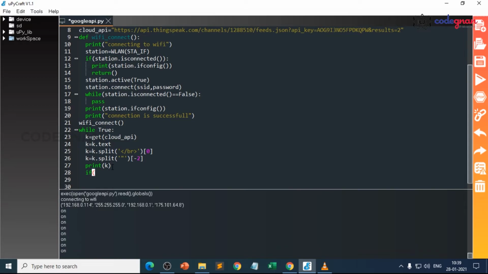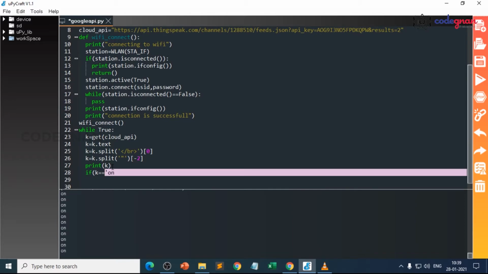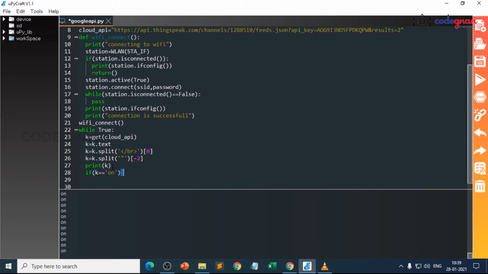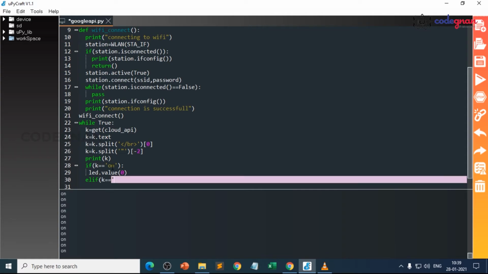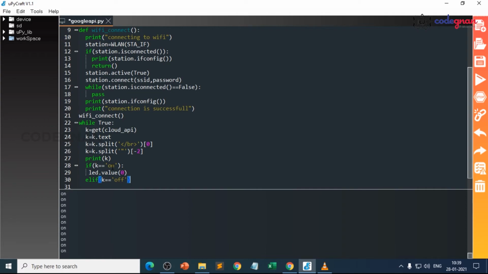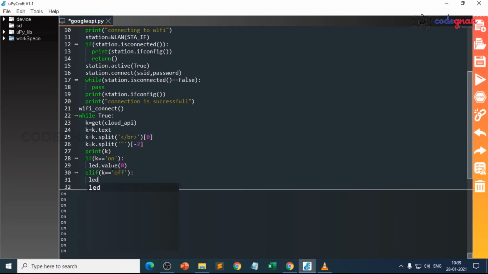If k equals to on, then LED dot value equals to 0, else if, we call it elif in Python, in MicroPython also elif only, k equals to off, then LED dot value equals to 1.